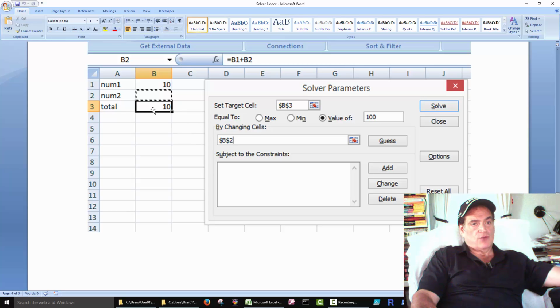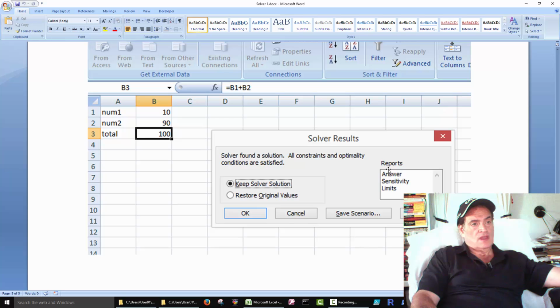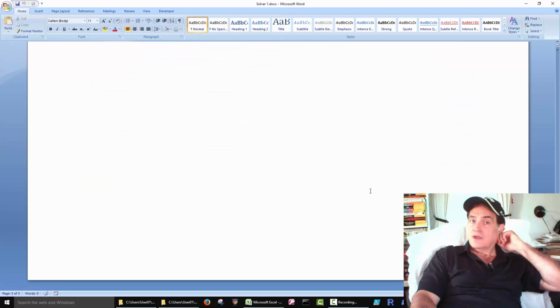We know we have a formula here. Solver has to have a formula in that cell. It has to know what you're working with. By changing cell B2, just click on this cell. It writes that cell location for you. And then just click the solve button here. And it puts a 90 in here. And you can keep the solver equation or you can cancel out of it. Okay,